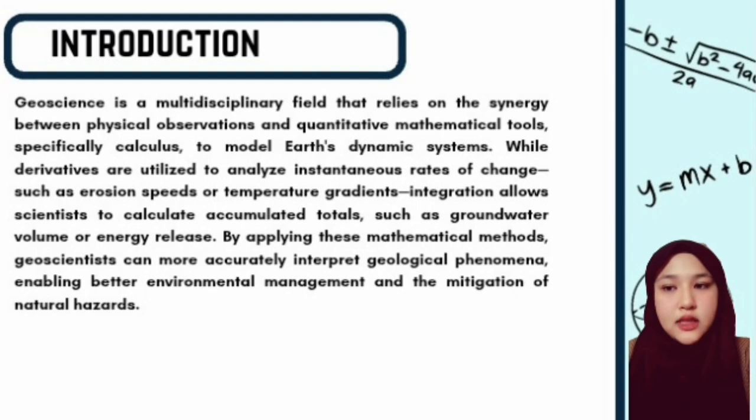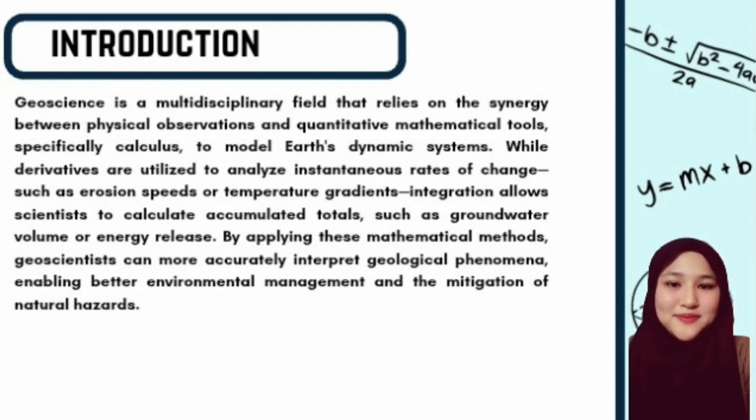Integration allows scientists to calculate accumulated totals, such as groundwater volume or energy release. By applying this mathematical method, geoscientists can more accurately interpret geological phenomena, enabling better environmental management and the mitigation of